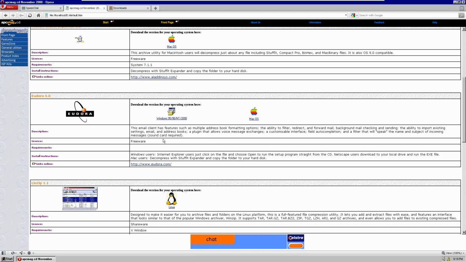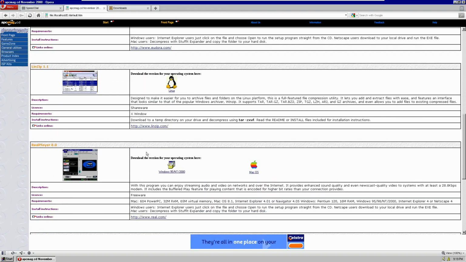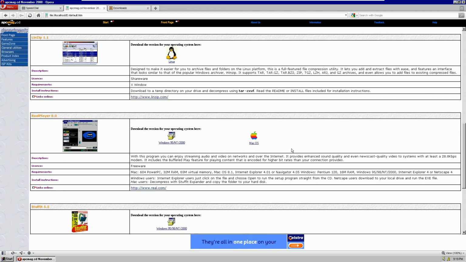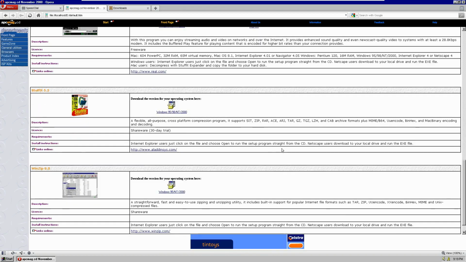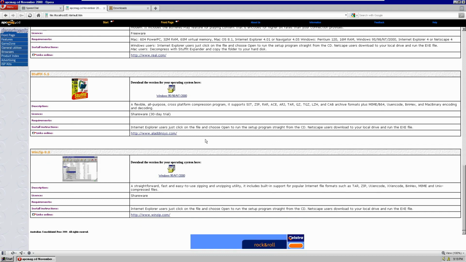So it's an email client. LinZip. Real Player 8.0. StuffIt. WinZip 8.0. Did have WinZip back in the day before 7-zip came along. Fantastic little thing to utilize.